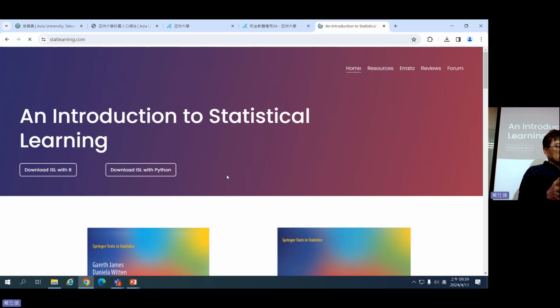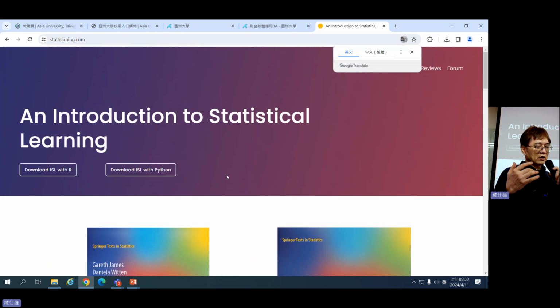But of course, if someday in the future you would like to focus more on the machine learning part or data analysis part, you are encouraged to use Python, no problem. These two are free software, so you don't have to pay any fees. There are so many free materials on the internet that you can reference.